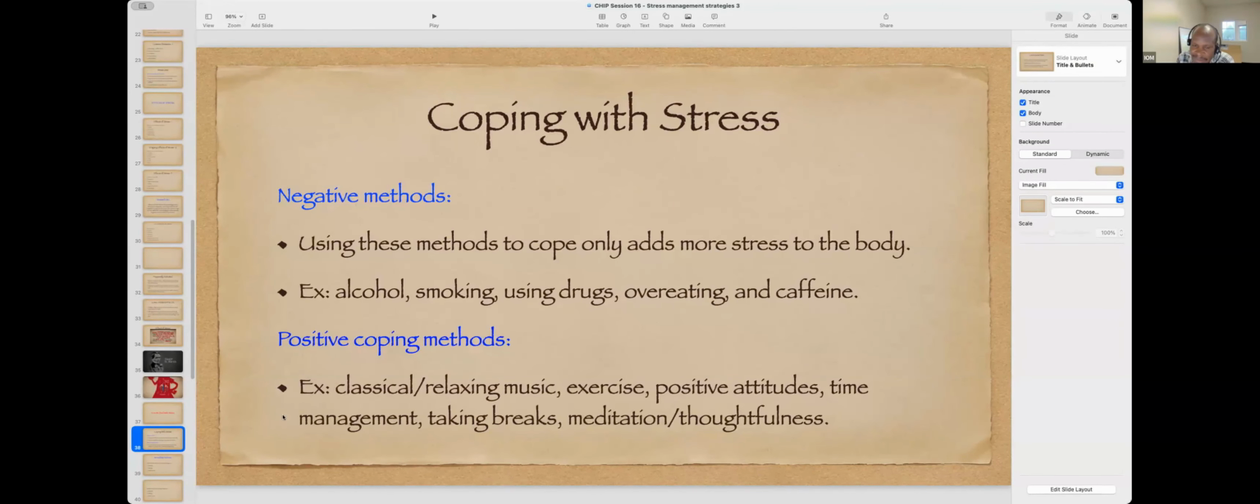Now, managing our time, because many times time causes us stress. Managing our time well can help us avoid that, and so can taking breaks and meditation. But I'm not talking about the other kind of meditation where that is almost like taking a drug. These days, there's what is called mindful meditation,